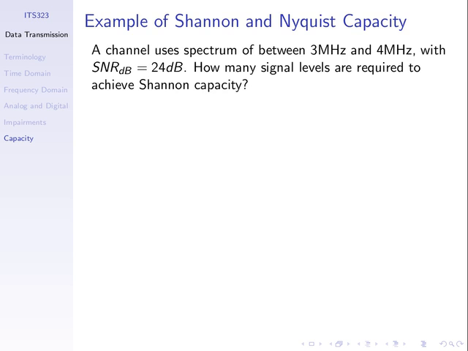Remember, SNR is a ratio between two powers, signal divided by noise. So we need to convert SNR dB into the absolute value. That's why I use the subscript dB here to say that this is a different variable than this one. The absolute SNR,